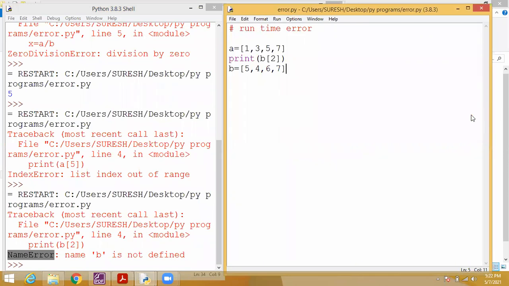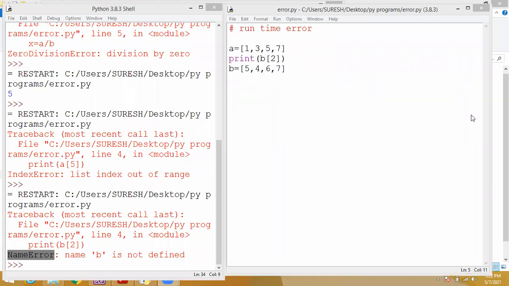Kindly raise your hands. How many of you are telling this will produce an error? Only 3. Remaining students, what will be the output? So you are telling 6.